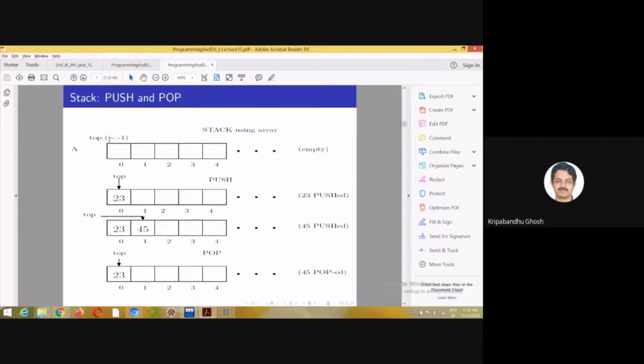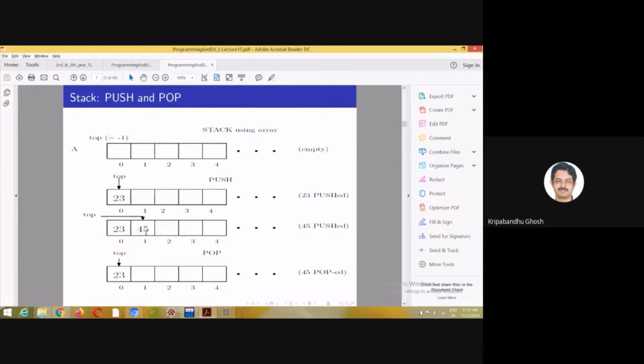So again, if it is empty, the value of top will be -1. There are no pointers here, don't worry. This is just the index of the array. Since it is not storing any information, it is empty. Top is initialized to -1. Then when you push something, I increment top by 1, and I push another element, I increment top by 1 again.